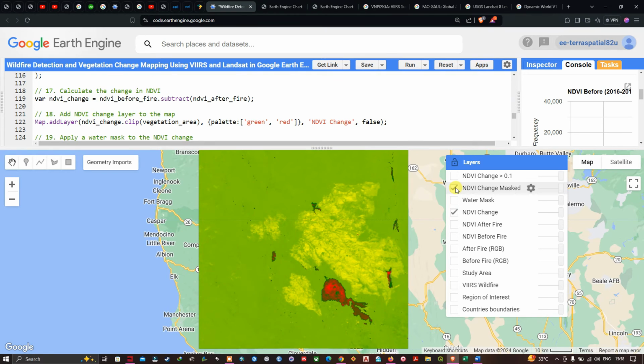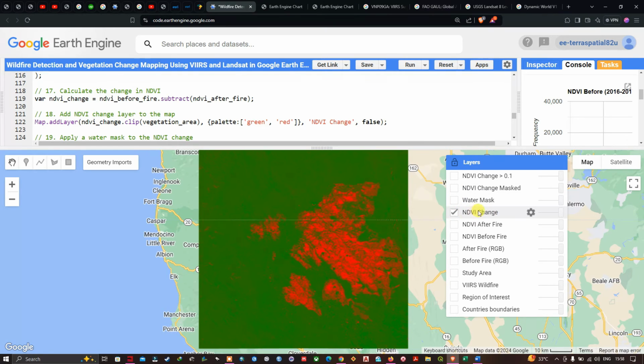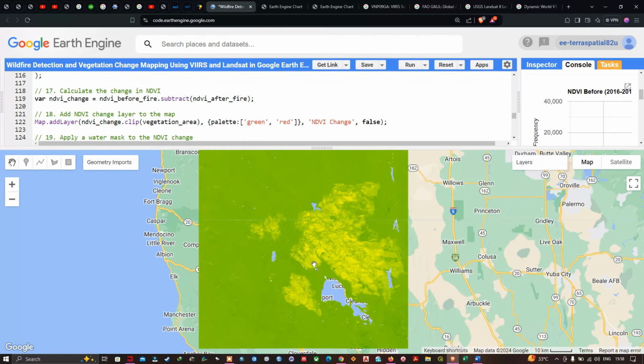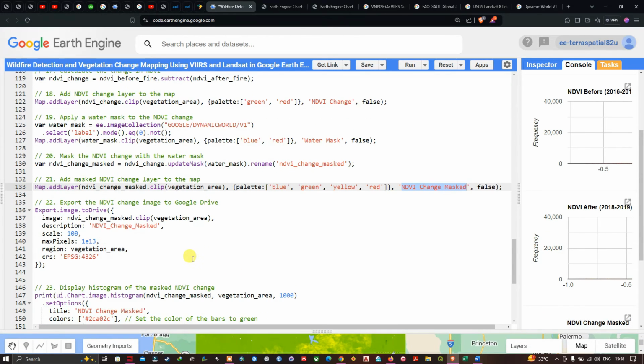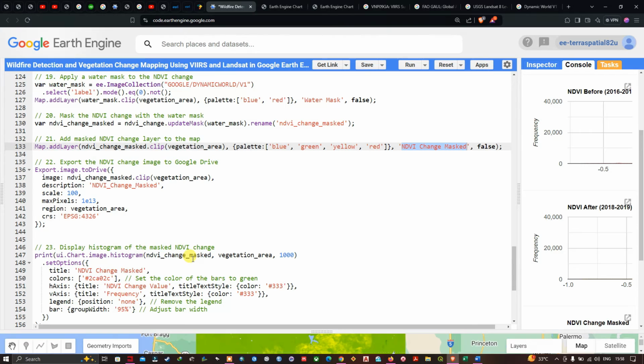So this is the NDVI change without masking the water areas, and this is the NDVI change after masking the water areas. After that, we're going to proceed towards exporting the NDVI change image to Google Drive. Now, to export this NDVI change image to Google Drive, we defined